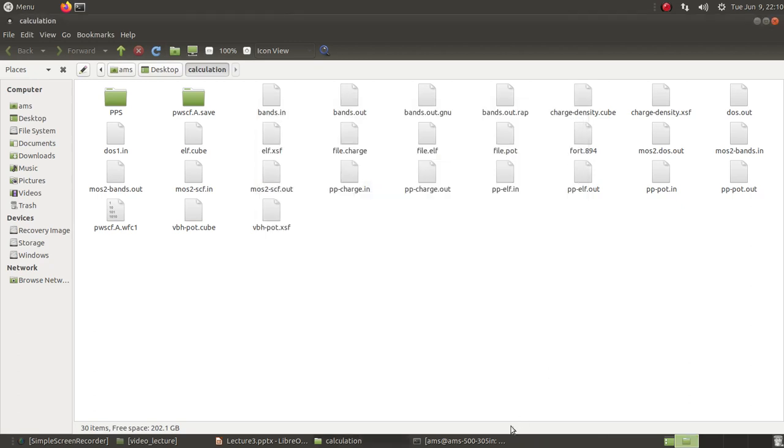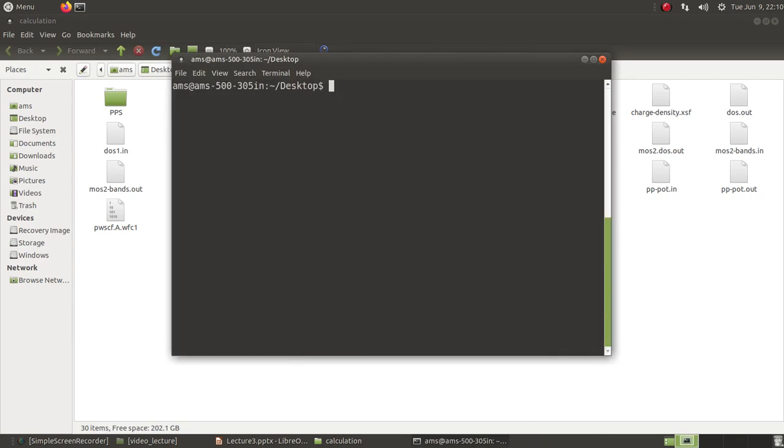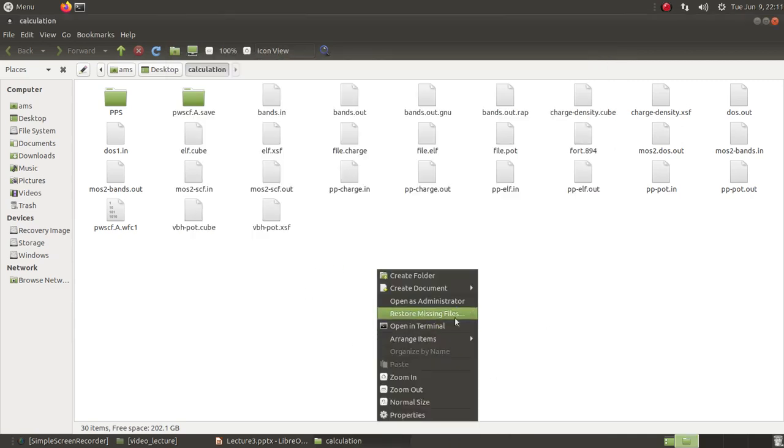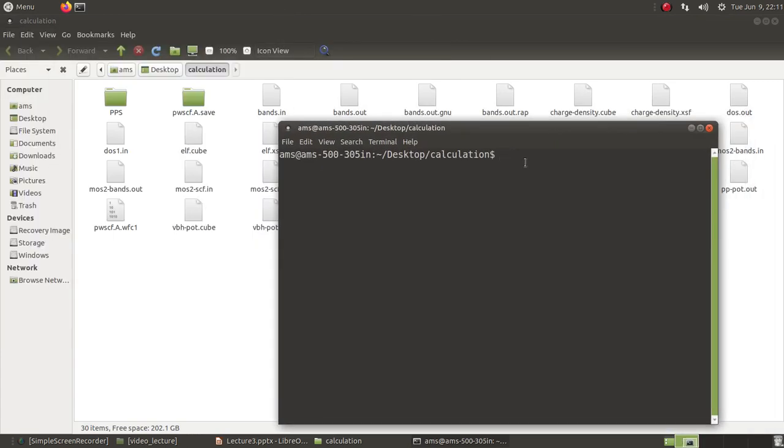And to run this, I'll open a terminal here, and right here I will do DOS.x. So this is the standard input for the density of states calculation on top of the SCF calculation. So first you have to have the SCF calculation.